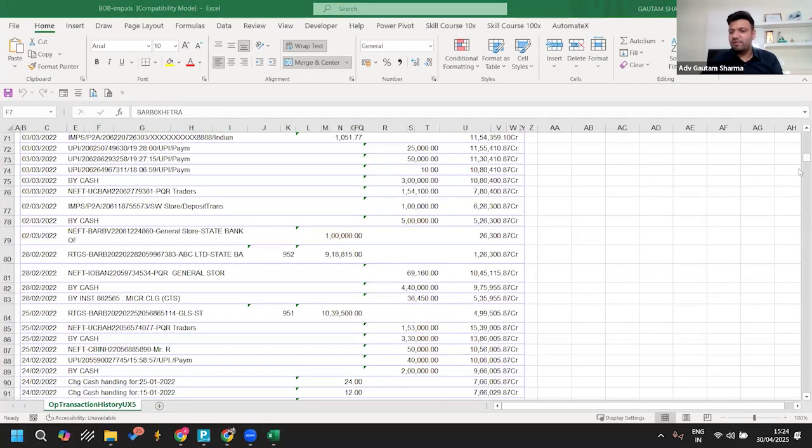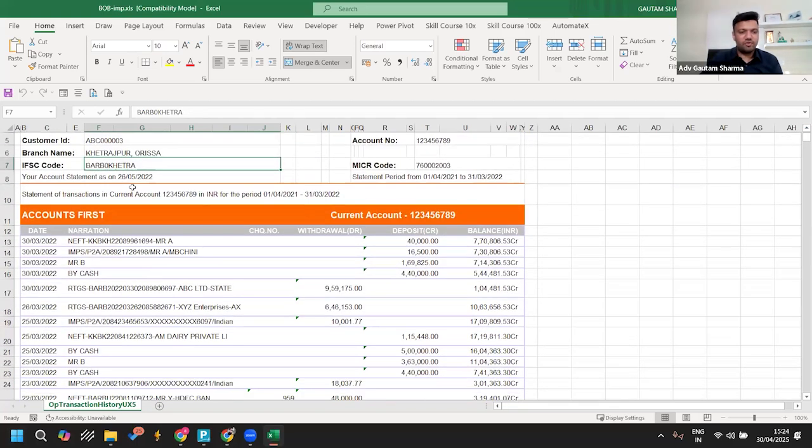third-party tools for which you have to export your data or share your data with them, and they will convert all your entries into Tally entries. There is no need to do all these things. You can see